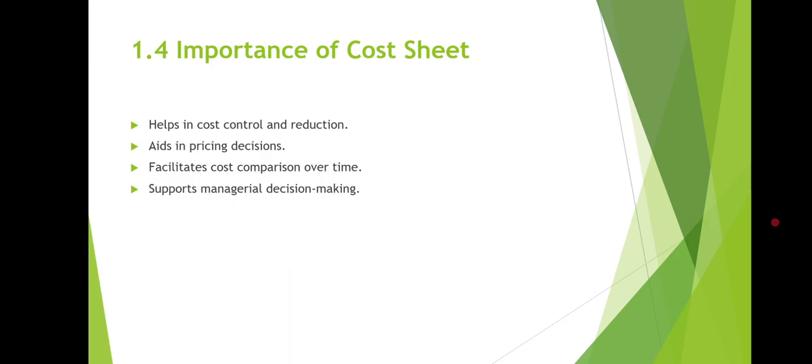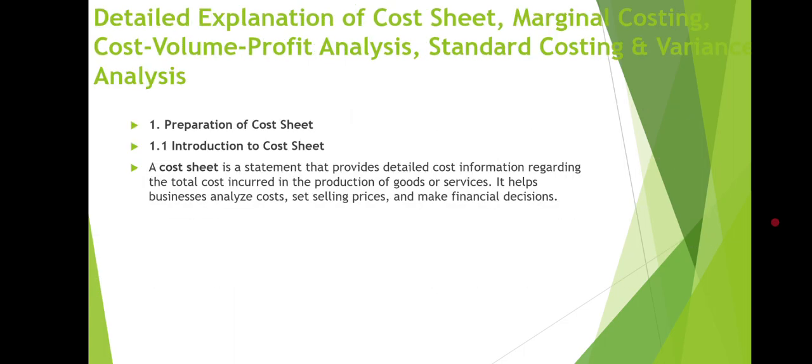Next we have the importance of cost sheet. Basically, cost sheet is helpful to control the cost and reduction. Apart from that, it aids in pricing decisions. Moreover, it facilitates cost comparison over time and also supports managerial decision making. So I already mentioned in the first slide, basically cost sheet is a statement that provides the detailed cost information regarding the total cost incurred in the production of goods and services. Okay,